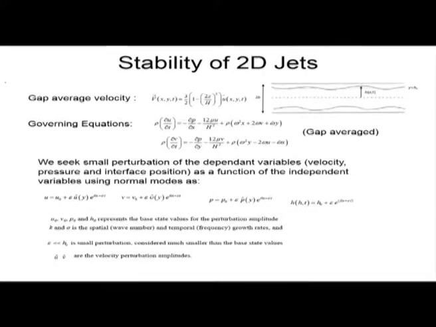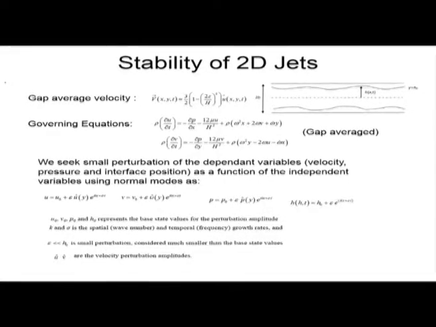Because in x it can be unbounded, but you ultimately make it bounded by giving the form e to the power i theta. No matter what theta is, it will give rise to cos theta and sin theta components which are constrained between 0 and 1 in magnitude. So that is why the form e to the power i k x is the perturbation form. And e to the power sigma t? The basic logic is we want to see whether the perturbation amplitude grows with time, amplifies with time.